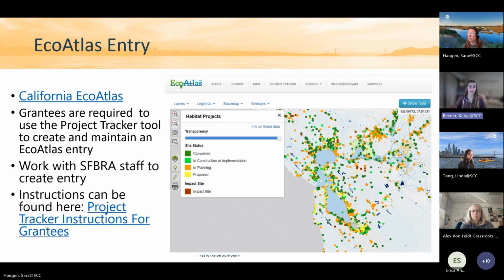Okay, lastly, we have our Eco-Atlas entry. So California Eco-Atlas is a program that we use to track different habitat projects across California, but the SFBRA really uses them for the Bay. And as you can see in this screenshot, it shows you things like what's being completed, what's in construction, and